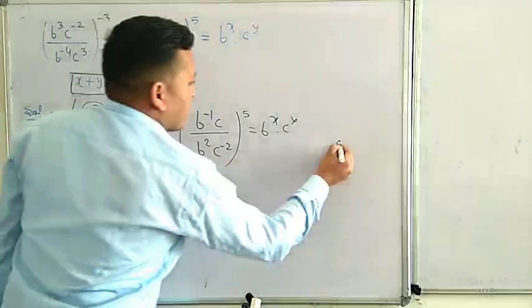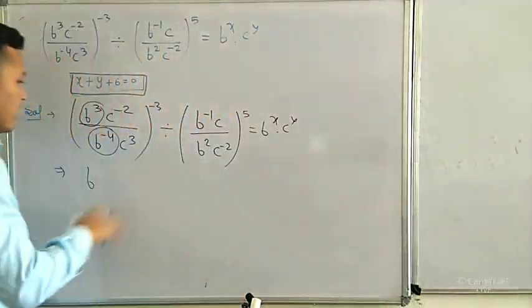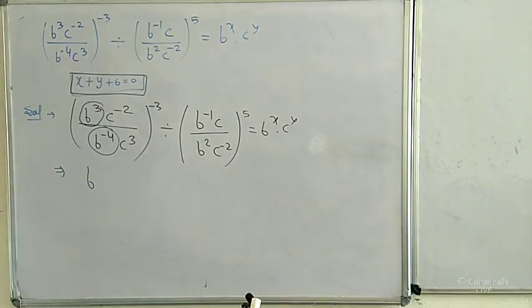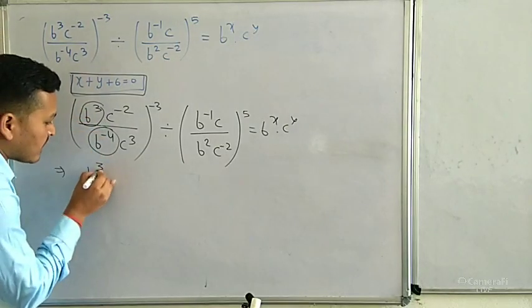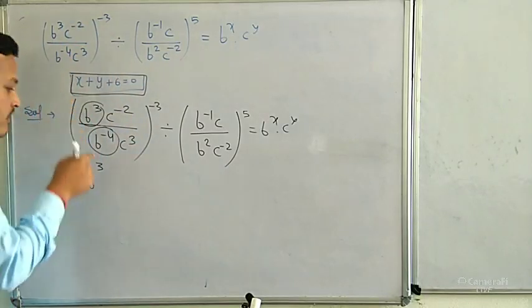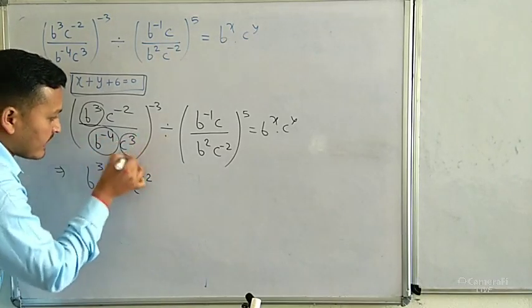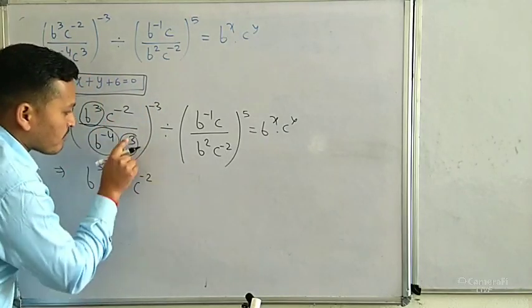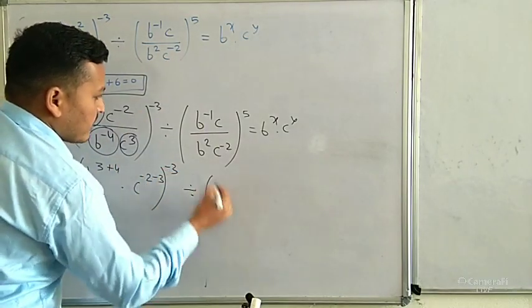You know that a to the power m upon a to the power n is equal to a to the power m minus n. पावर क्या हो जाएगी, नेगेटिव, बट इट इज ऑलरेडी इन. ठीक है, b cube upon, so how can we minimize this, b to the power 3 and b to the power minus 4? So this one we can write 3, take the b to the power minus 4 in the numerator, so this will become plus 4 because the sign is negative. Okay, into c to the power minus 2, take this c cube in the numerator, same base, so it becomes plus 3, then in the numerator it becomes minus 3, and whole to the power minus 3 divided by then b,